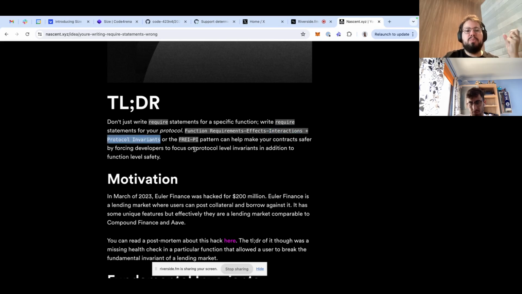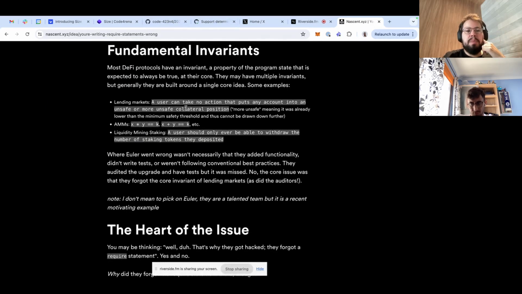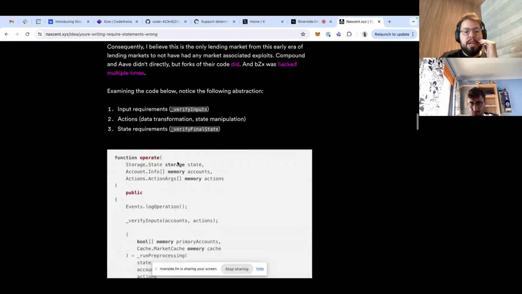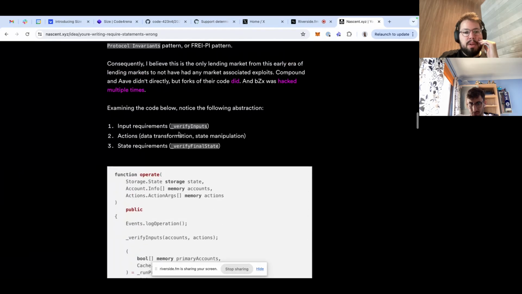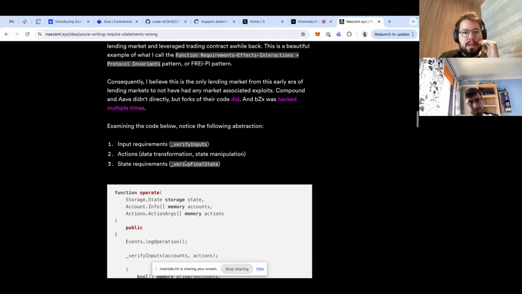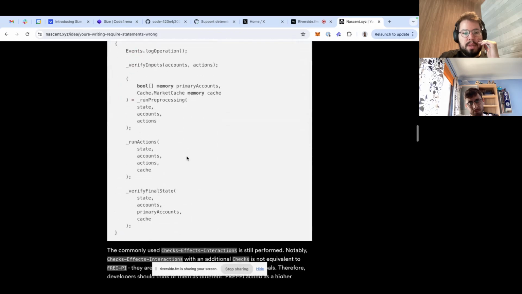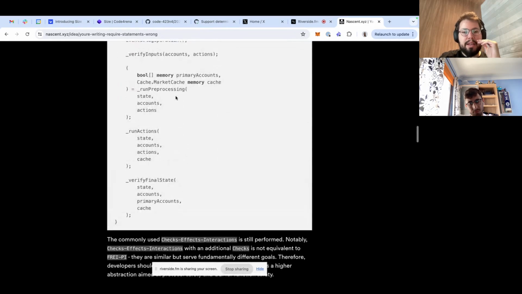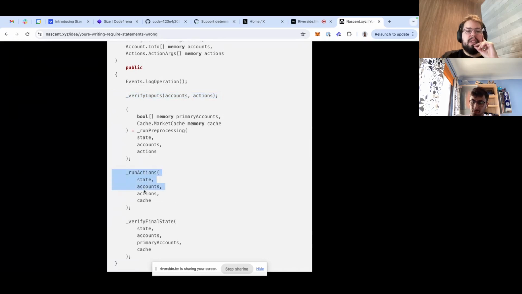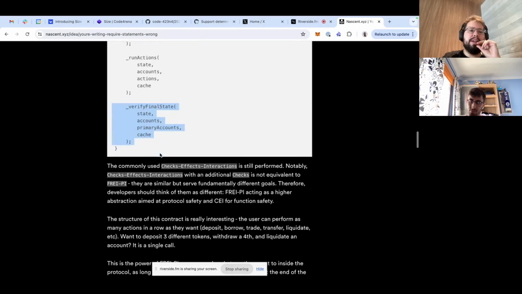But in addition, you also have protocol environments. There's this PI here in the end, and basically they say how you check, for example, in Uniswap, that x times y equals k is not changed. By the way, I think this is actually from dYdX. But basically you verify the input, then you run your actions, then you verify the final state. So this is the general idea of all